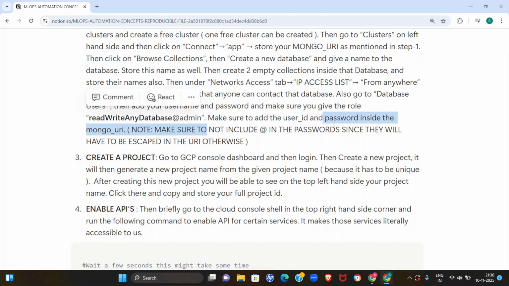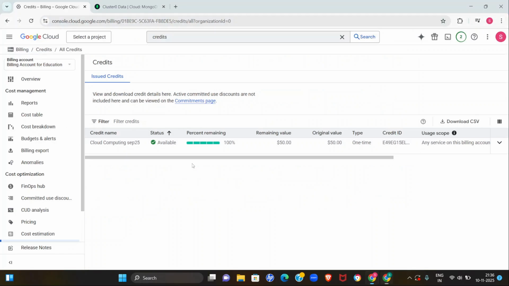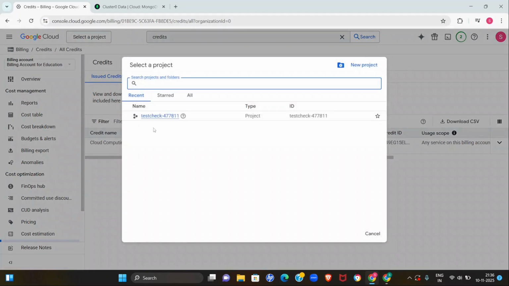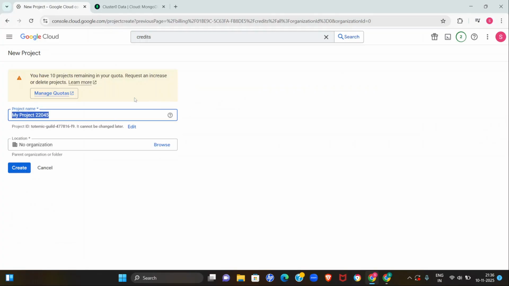Make sure to not include @ in passwords. I've taken care of that one. Create a project. This one I already have, so I'll just go ahead and create a new project. And you have 10 projects remaining in a quota. Yep. I'll call it,